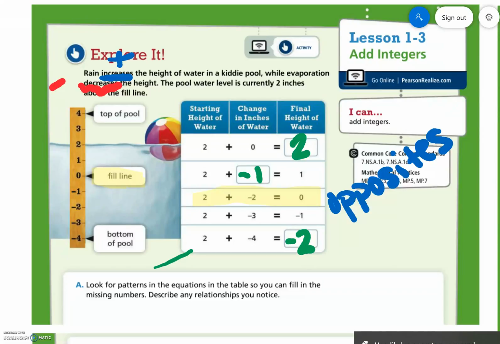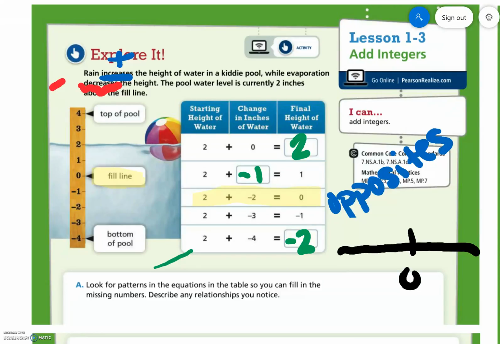If you want, always picture a number line. Here's 0. If we were starting at 1, 2, and we wanted to go back 4, so we're starting here at 2, we're going to go back 1, 2, 3, 4. Now we end up here, which is on the left side of 0, which is negative 2. So looking for patterns in the equations in the table, so you can fill in the missing numbers, describe any